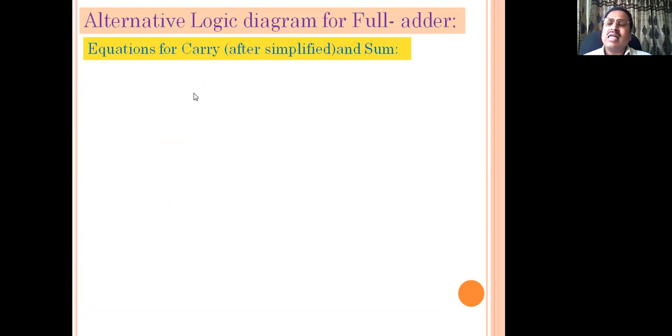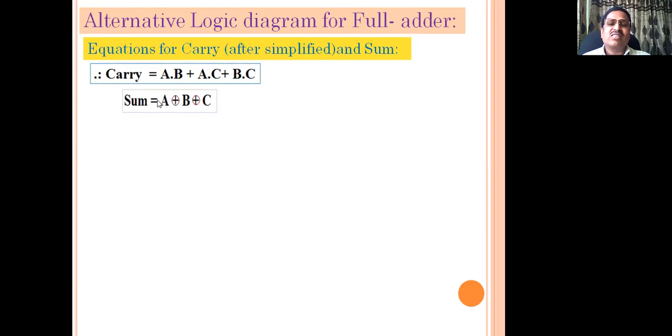Equation for sum remains as it is there. We have got the equation for carry with simplification as carry equals A and B, or A and C, or B and C, and the equation for sum remains as it is, A XOR B XOR C. If you think about the logical construction required to get the carry output with inputs A, B,